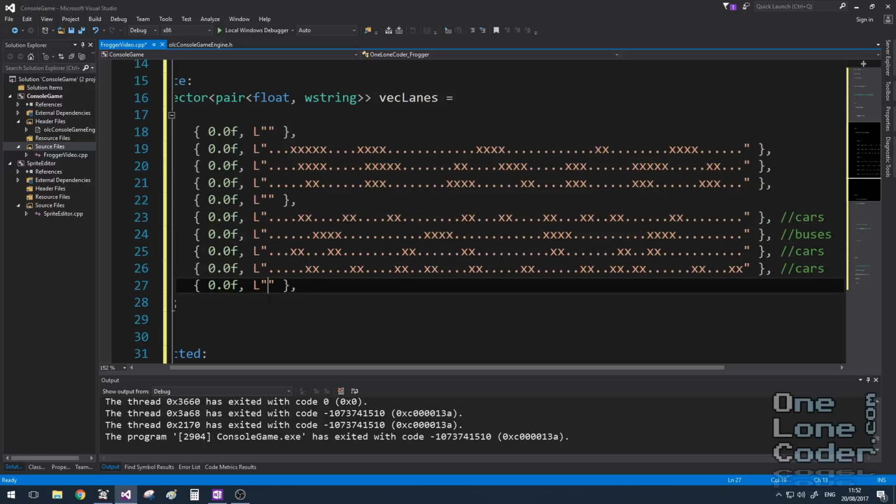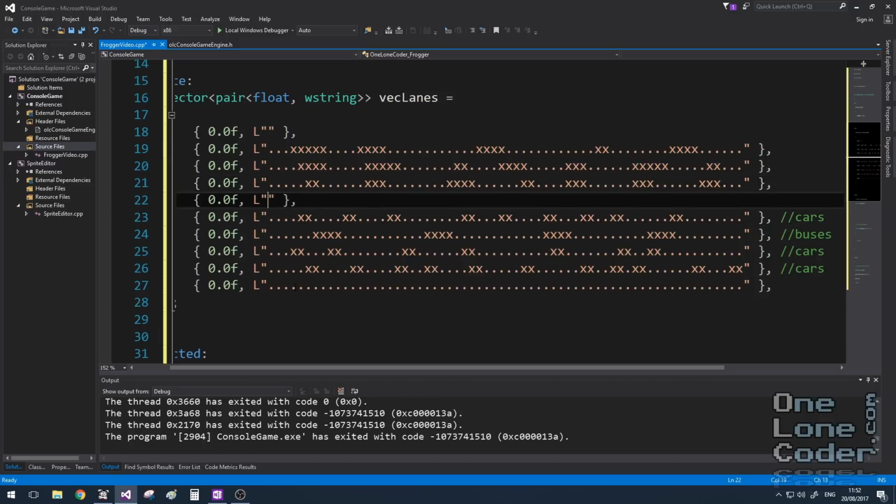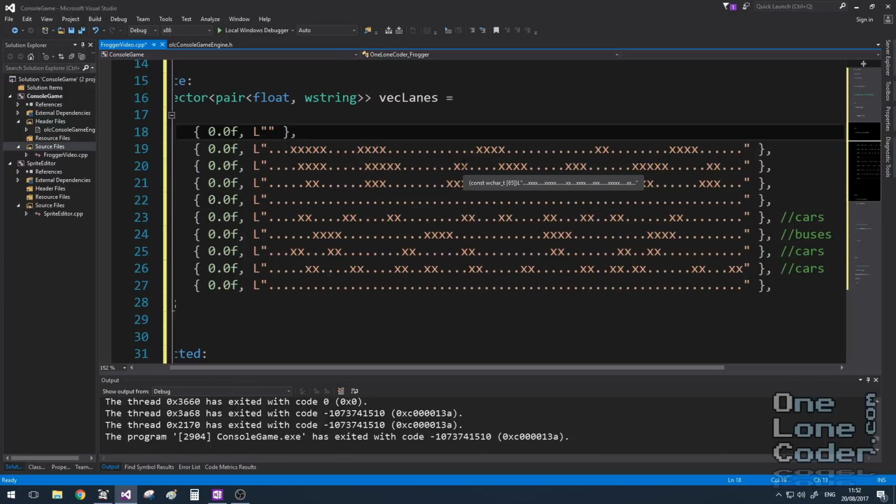Now you'll notice I've missed a few out. So the bottom and middle lanes, these are just going to be pavement. There's never any obstacles. These are sort of an area of respite the player can use. So these just get filled in with no obstacles, i.e. just dots. And this top one needs to be filled in with the safe areas. So mostly it is wall, and of course they're not safe. So we classify wall as an X, and we're going to leave 2 gaps for a safe cell, and we'll fill in the rest